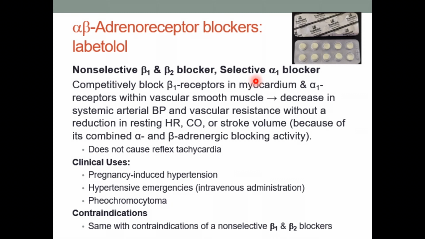Okay, so that means it competitively blocks beta 1 receptor in the heart, myocardium. You know what that leads to? It leads to the negative chronotropic, negative inotropic effects, reduction in cardiac output. And also at the same time, it blocks the alpha 1 in the vessels, the smooth muscle of the vessels, and relaxes it, so there's vasodilation. So these effects will cause a decrease in the blood pressure and reduction in the vascular resistance,